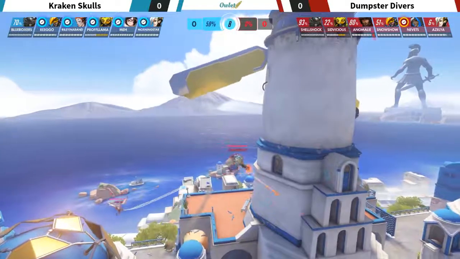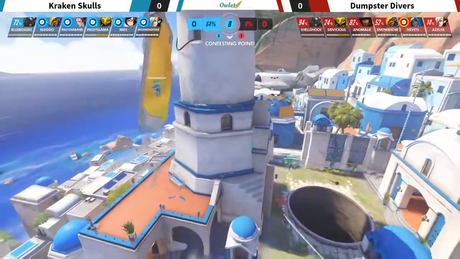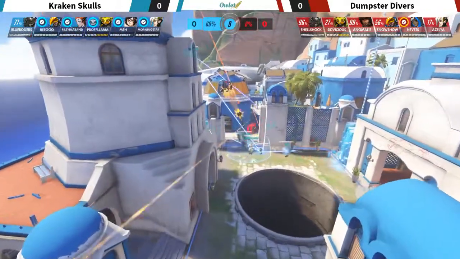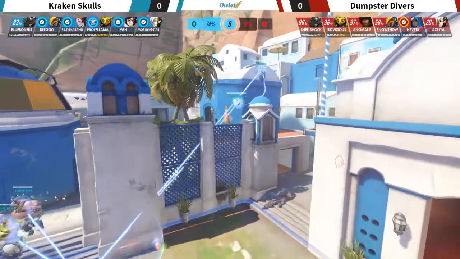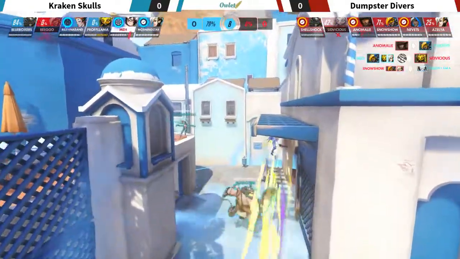Yeah, it looks like Dumpster Divers is having a bit of an issue finding a way to really get into the point. They're going to go ahead and go off to the right, try a new approach as the ticker keeps going. The hook is missed, the wall is there as the supercharger comes out from Proflama, trying to get something going onto the team, trying to make it so that Dumpster Divers can't even get an inch onto the point here. Coalescence once again coming out from Riley and a band, as well as the freeze from May,